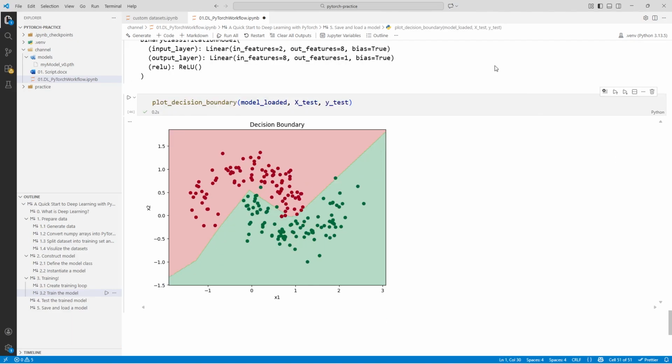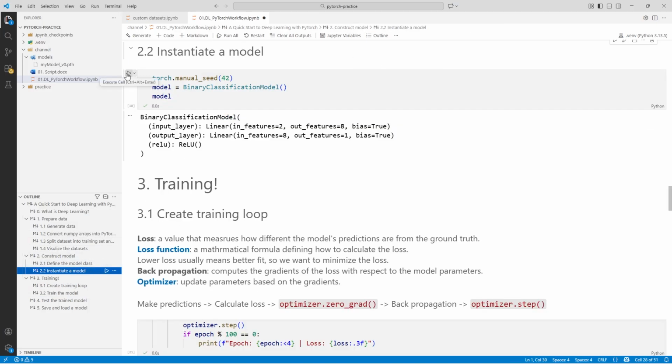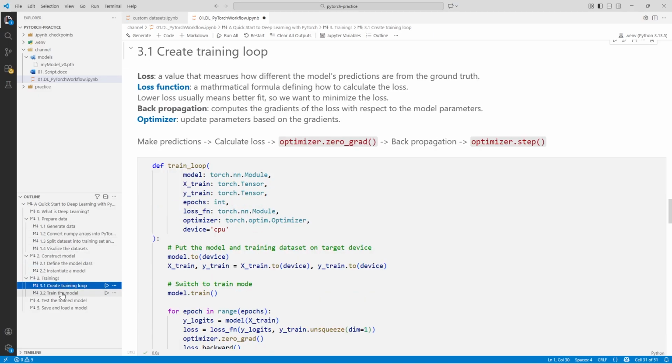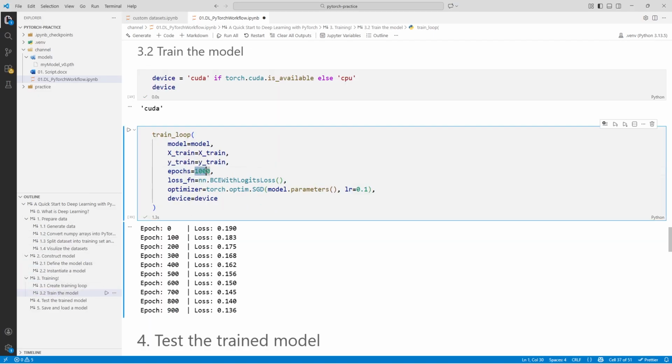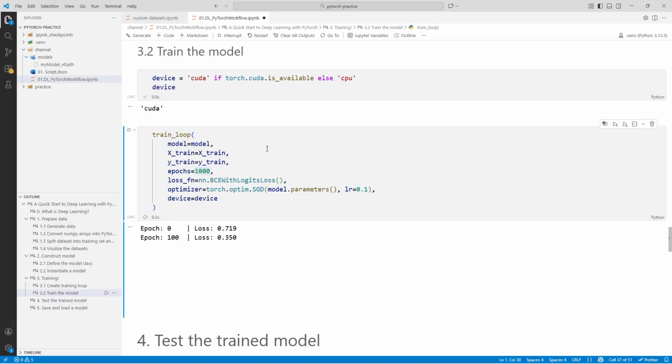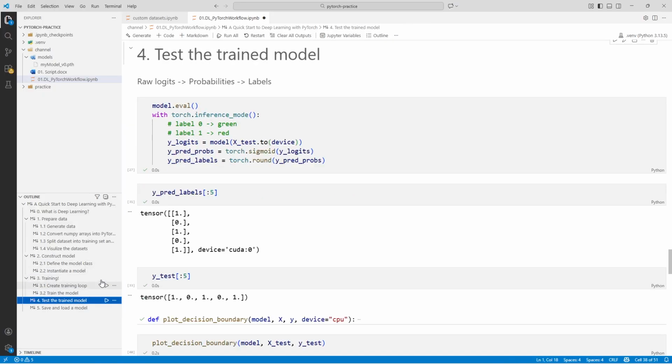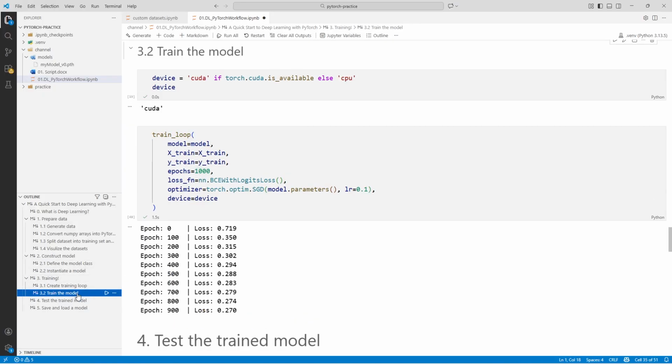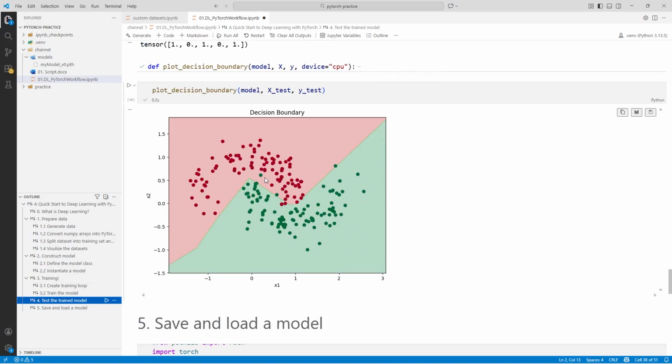Whoa, congratulations! You already know the basic idea of deep learning through the PyTorch workflow. And here's a bonus section. Do you remember we instantiate our model and we train our model for 1000 epochs, and we use our model to make predictions and we visualize it.